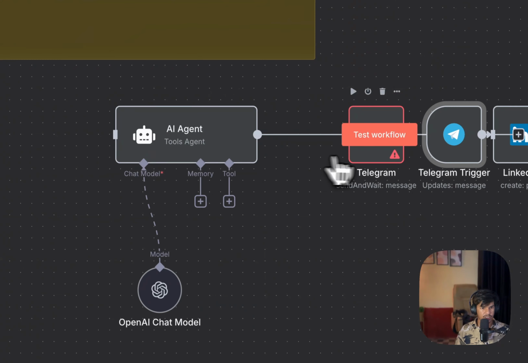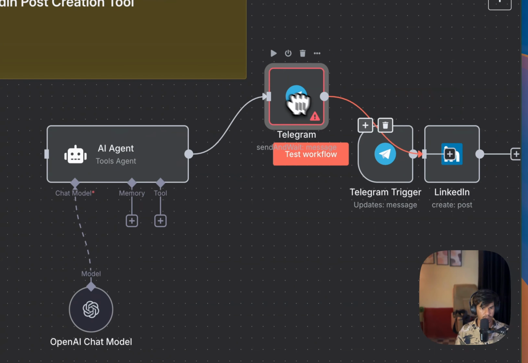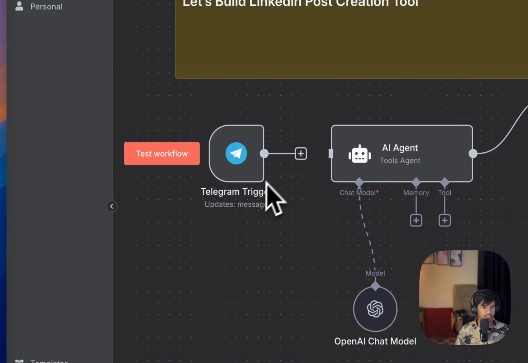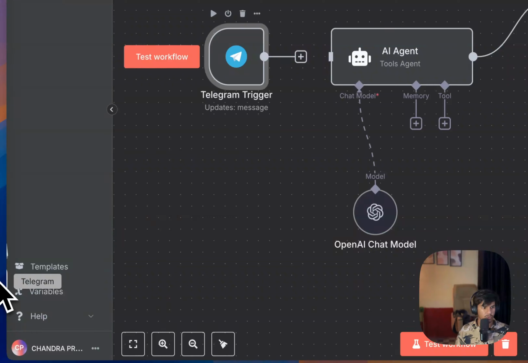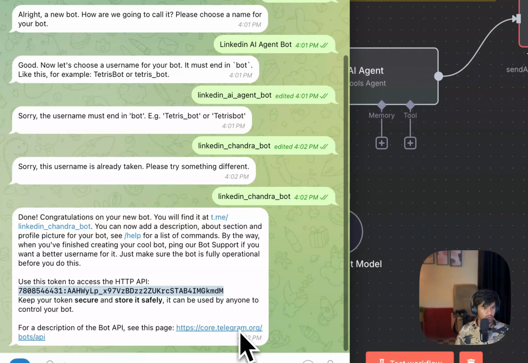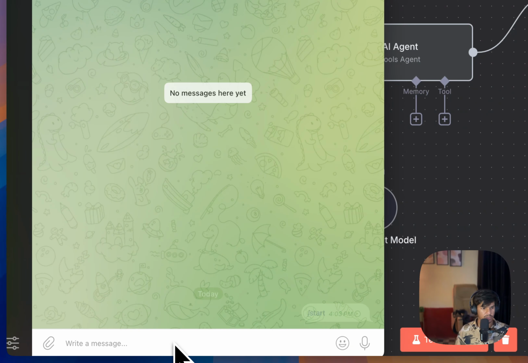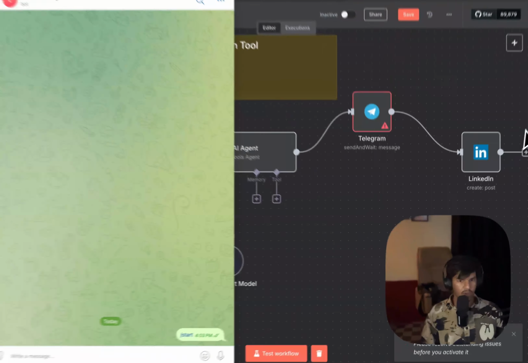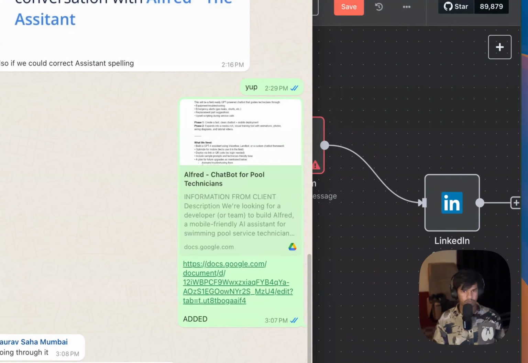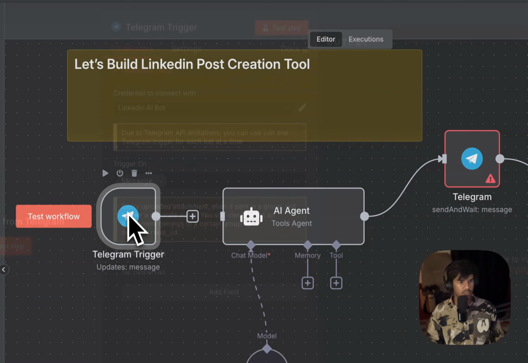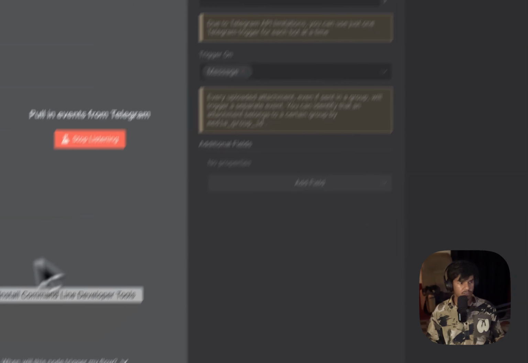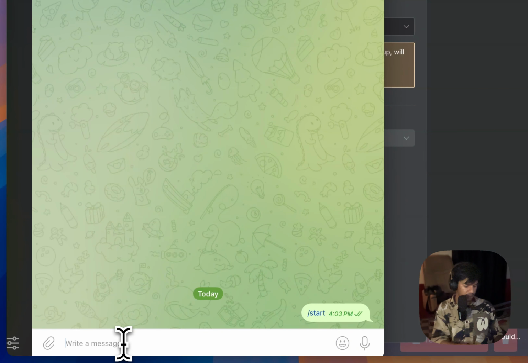Okay. So for testing this out, where is the LinkedIn trigger? It's not here. Okay. So the LinkedIn trigger is here. I'm just going to test it out. I'm going to click this button to start listening. Going to Telegram again, you can go to your chatbot. You can just click on this button and your chatbot is there. So I'm just saying start, and now my trigger has been started here. Just click on the start button, and now you can see the trigger has started, and you can see the response here. So I'm going to say test, going to Telegram and say, hey,